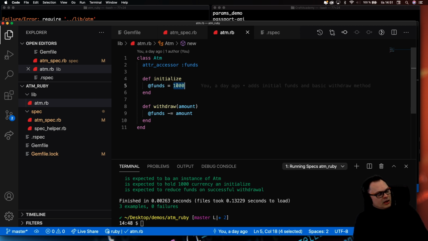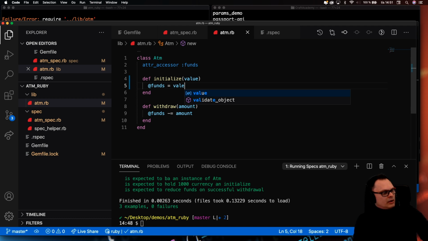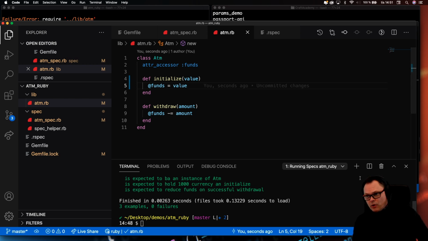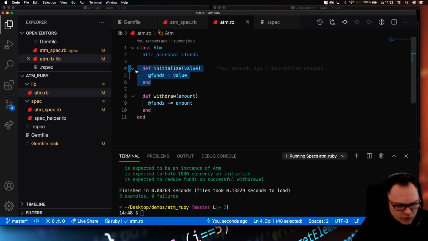I will just, for the sake of this demo, change this and allow this guy to take one argument. So let's say that we don't want all our ATMs to always have 1000 currency units, but we will be in control of that. So we could modify the initialize function to this, and we could say that